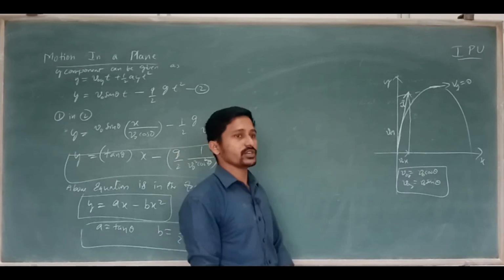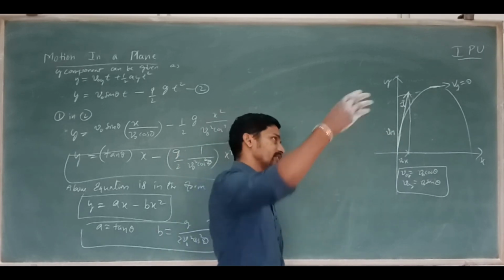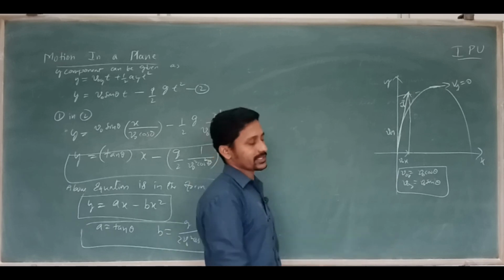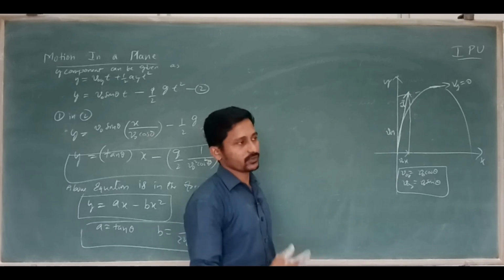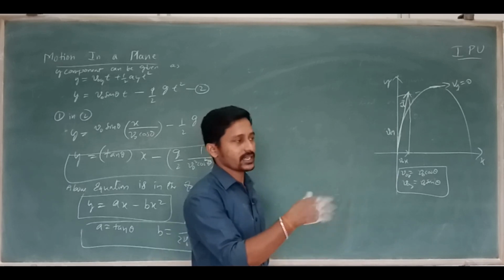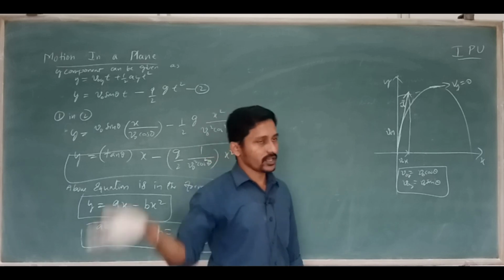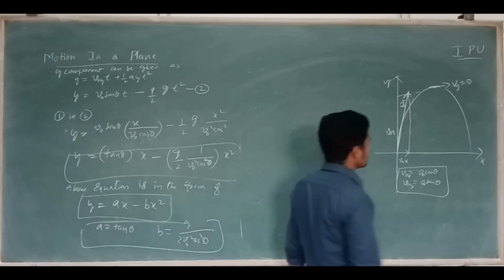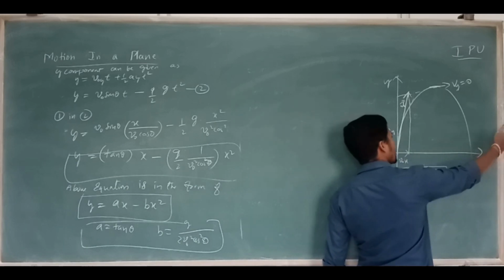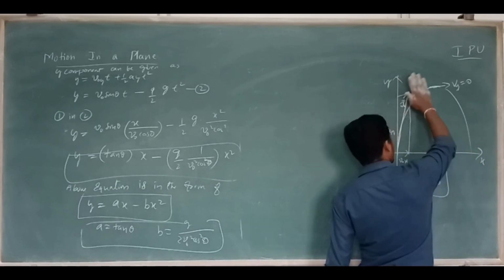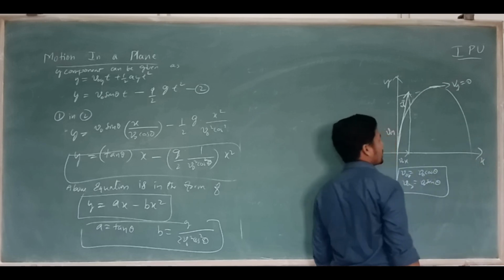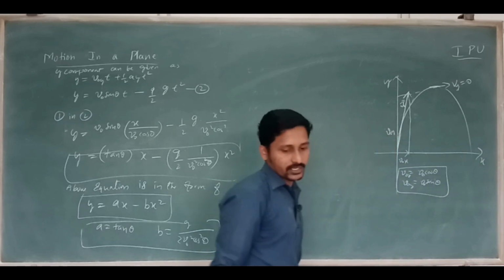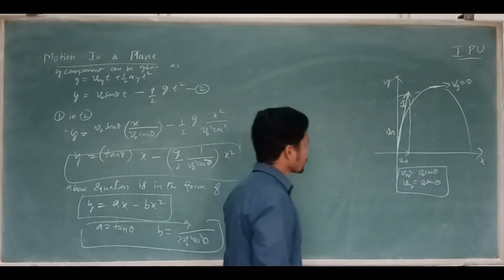X velocity won't change. Generally, if you throw a stone, it stops because there are some obstacles. Otherwise, if it was a smooth plane, there is no acceleration in the x direction, only y direction acceleration is there. So it will keep on moving in the x direction, but in the y direction it will stop and come back like that. So Vy will be 0 in this way.